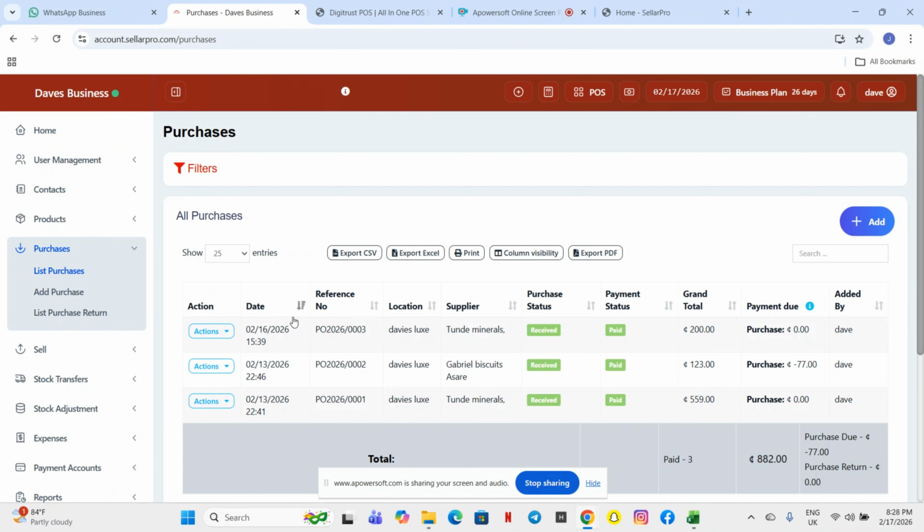So you see the dates that you added it, the reference number, the location. If you have multiple branches, you need to add the location that you did the purchase for, and also the supplier's name, and then the purchase details, if it has been received or has been ordered or is still pending. You need to add that as well, and then the payment status, if it has been paid or partially paid, and also the amount that you paid for the purchase, and also the payment due. So if maybe you have a balance to give your supplier, you add that as well, and also the user